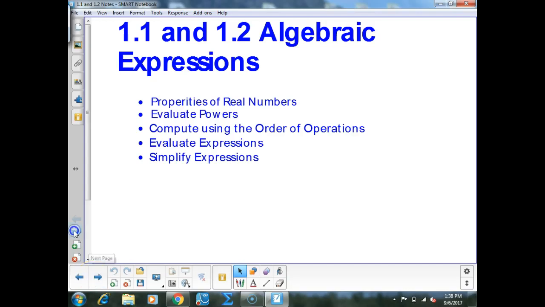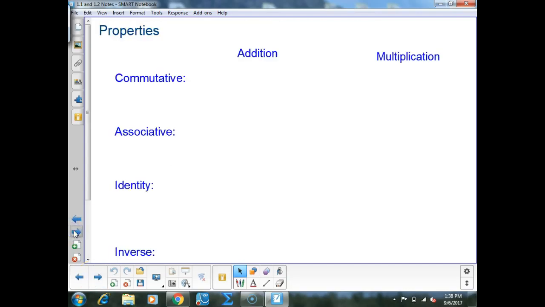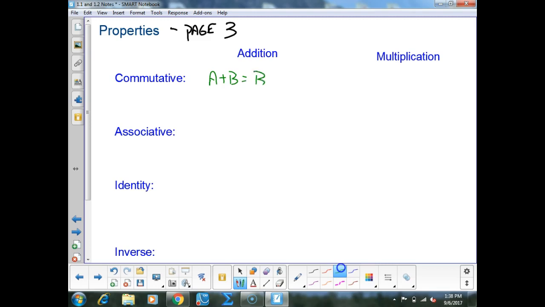All right, here we go. So, 5 properties from page 3. This information can be found on page 3. Okay, they are the commutative property, which says that in addition, A plus B is equal to B